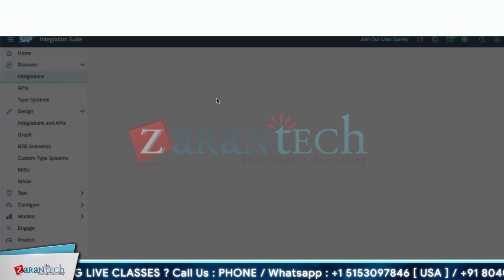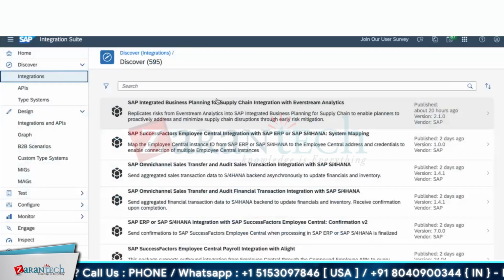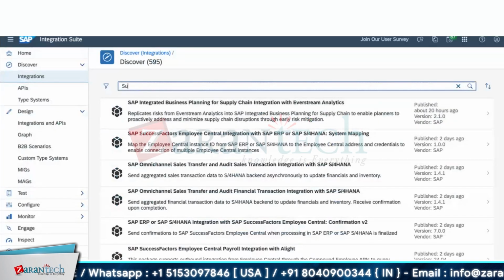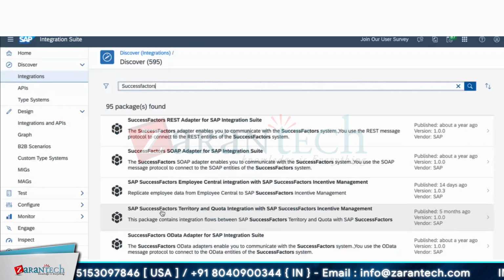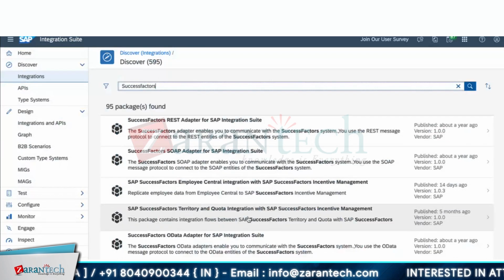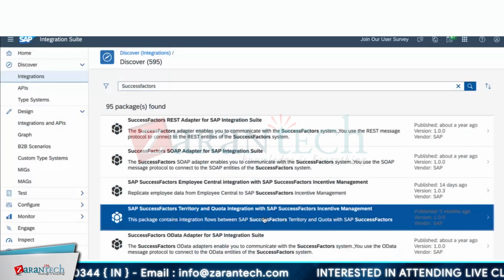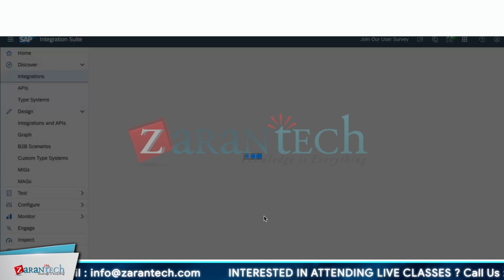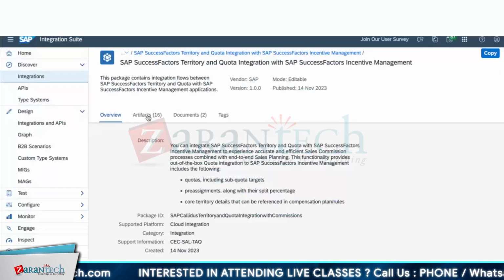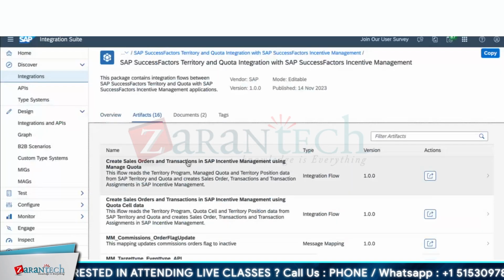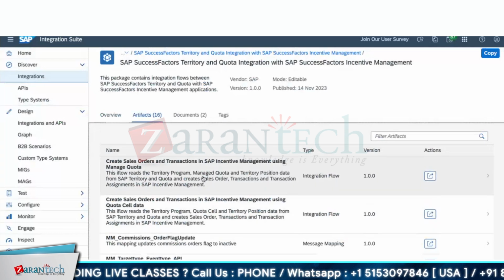Otherwise, I'll do some SuccessFactors integration with complex integration where you will see various components. SAP SuccessFactors territory and quota integration with SAP SuccessFactors incentive. Let's take this one. It will bring multiple artifacts, and this will give you an idea whenever you have a solution,